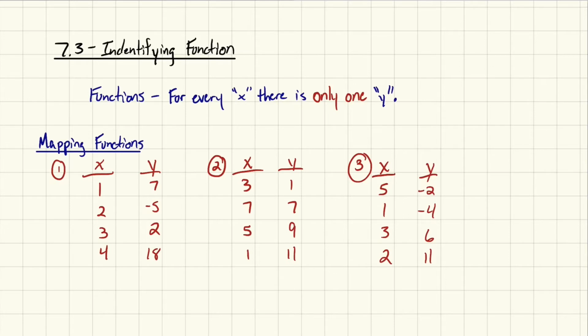The best way to determine if you have a function is by mapping them out, right? So when you map it out, we take a look and we say, hey, here's my set of x values listed out. Here are my set of y values listed out. And we just kind of draw arrows matching the points that are connected to each other. So, for example, there are three scenarios that could happen when you start mapping values. The first scenario is essentially